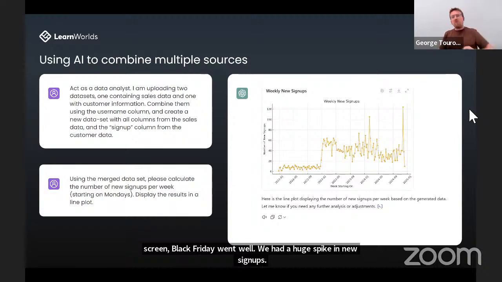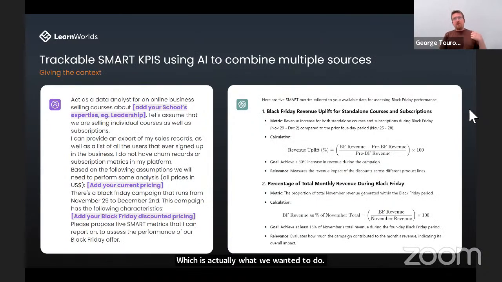And we're going to go one step further in the next slide, where we're actually asking ChatGPT to help us craft the KPIs that we will be measuring. So we're going to give it the whole context, as we said, all the extra information, the non-quantifiable stuff, all the limitations that we have in our data, as well as the datasets themselves.